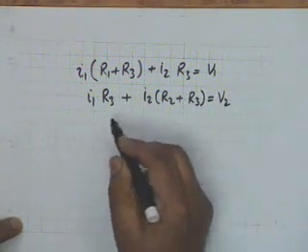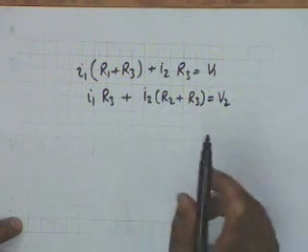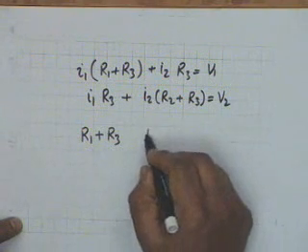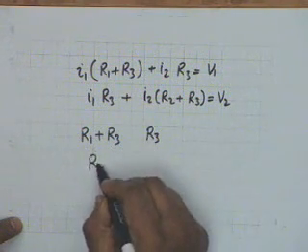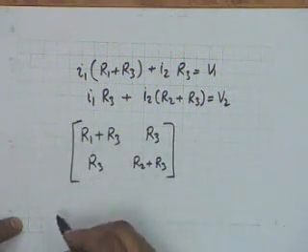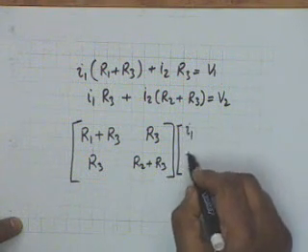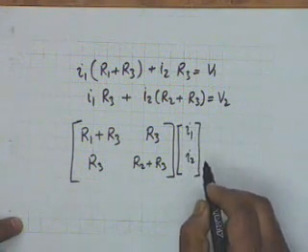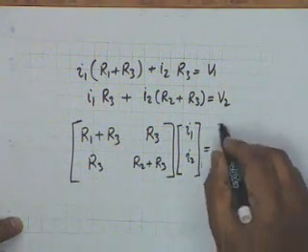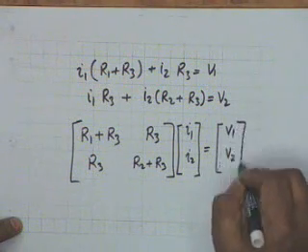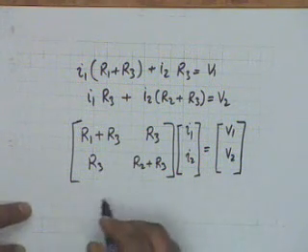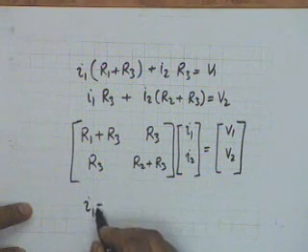So in matrices we write this equation in the form of a single matrix equation, that is we write the coefficient matrix: R1 plus R3, R3, then R3, R2 plus R3. This matrix is multiplied by the vector I1 I2, a one column matrix. This is equal to another column matrix, namely V1 V2, and it becomes very simple to solve for I1 or I2. For example, I1 shall be equal to